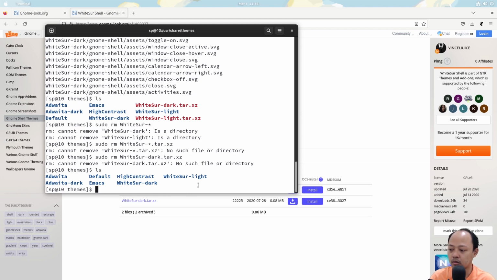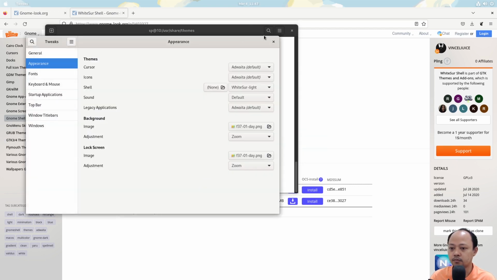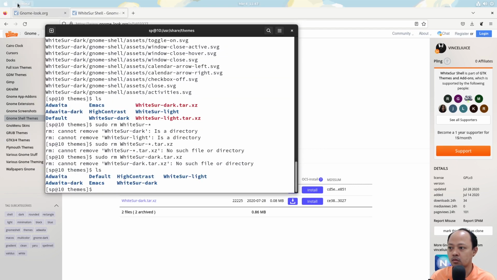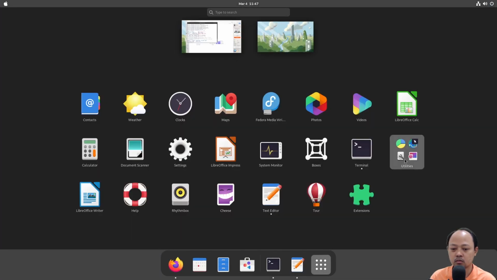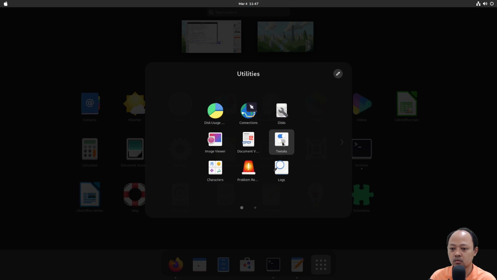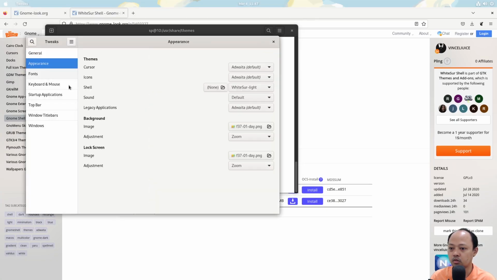Okay, and then let's reopen GNOME Tweaks. Appearance, and we now have the WhiteSur dark. Now let's check.